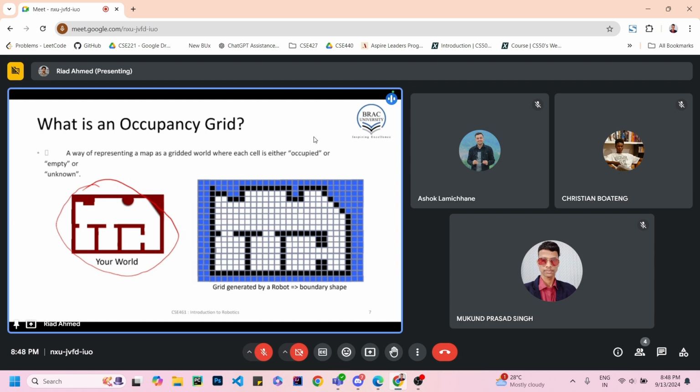Okay, so what is the process? Firstly, you have to provide information to the robot about what the dimension of the room is. This is the first information that you need to provide. So let's say the dimension of this room is 15 feet by 15 feet. Okay, let's say this is the dimension. When the robot knows that the dimension is 15 feet by 15 feet,